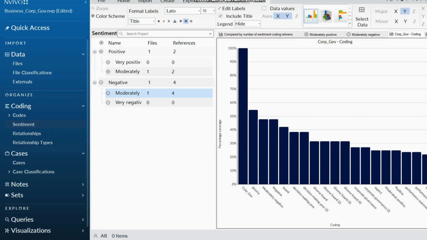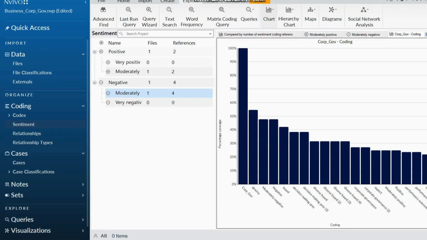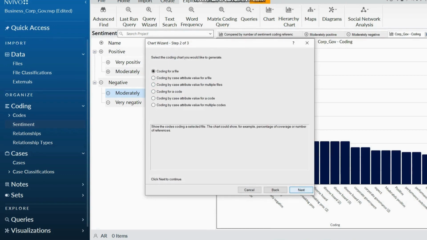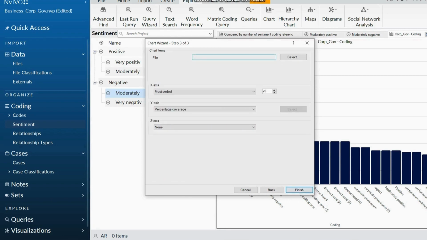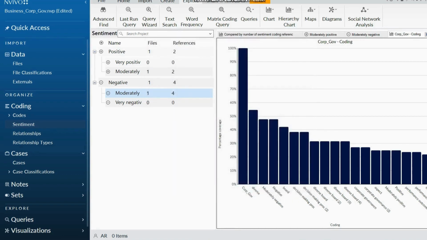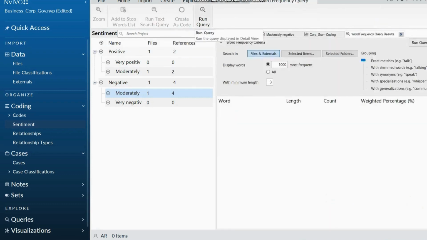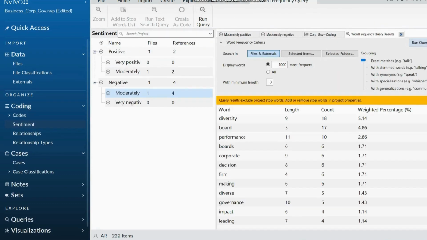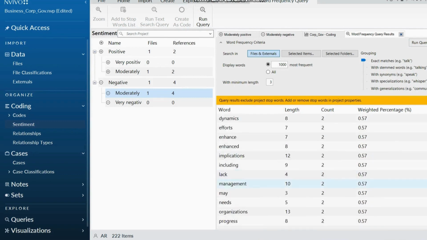So in NVivo output analysis, you have lots of options and it is an easy way to analyze your text content. You will have the word frequency table, the word cloud diagram, and a graphical representation of words with percentages. You can analyze the sentiment in terms of positive or negative sentiment identified in your text content.